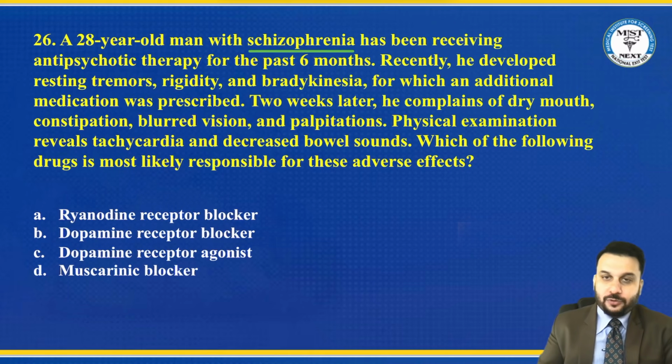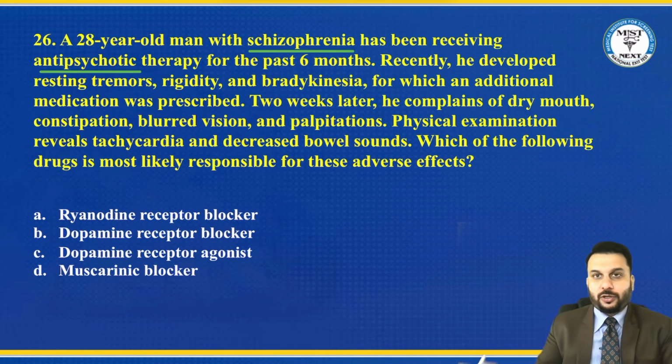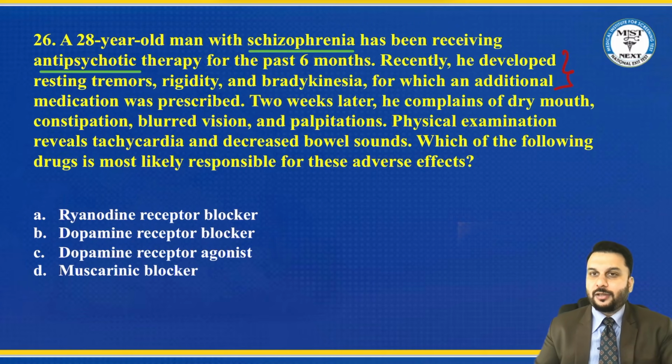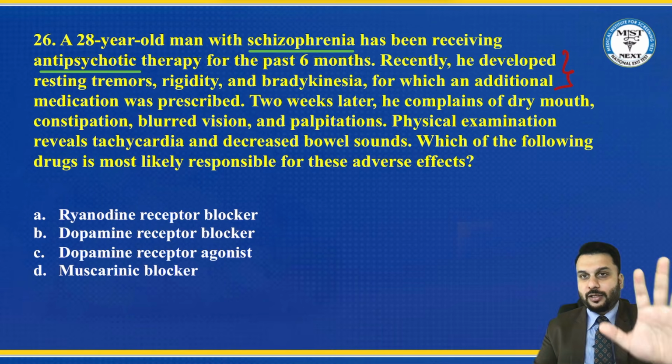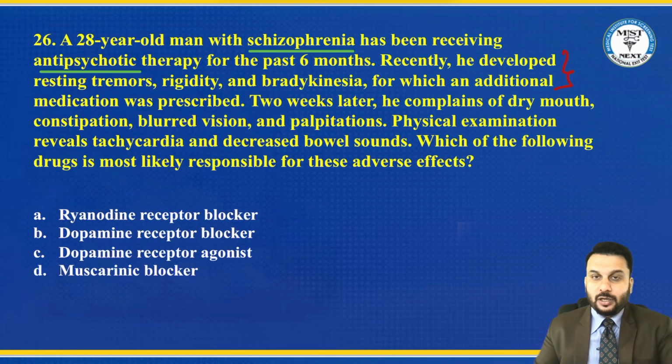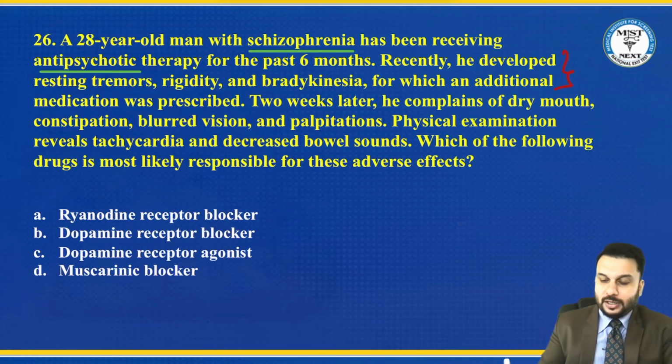Schizophrenia. How do you treat schizophrenia? Antipsychotic drugs. Already given in the history, antipsychotic drug was given. Okay. Now, what is happening? The patient, after being given antipsychotic therapy, developed some symptoms. That is Parkinson-like symptoms. What is the Parkinson called this time? Drug-induced Parkinson. Antipsychotic drugs like haloperidol, etc., will cause drug-induced Parkinson. Now, to treat the drug-induced Parkinson, some drug must have been given. And when you give that drug, some side effects happen.